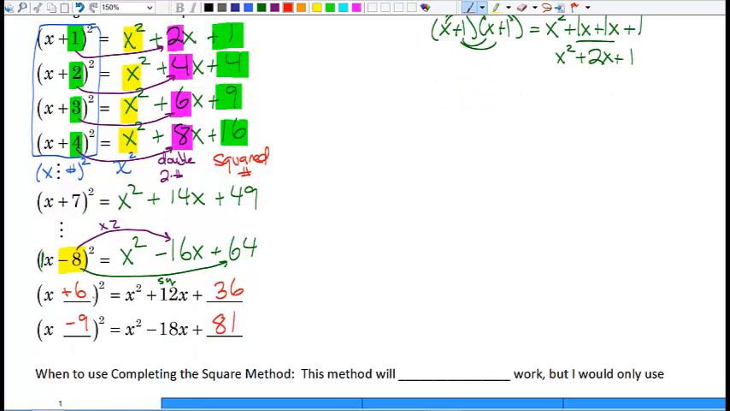Alright, did you get (x + 6)² = x² + 12x + 36? And for the second one, (x − 9)² = x² − 18x + 81. How did you get those? So